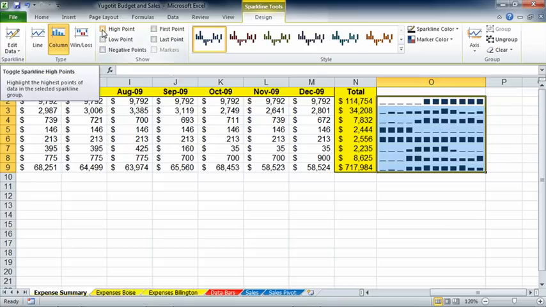Now you will notice that if I check things like high point, and I'll turn it on and off so you can see it, and low point, you can see that things are changing colors. So it's making it easier for me to identify the most expensive and the least expensive months that we had